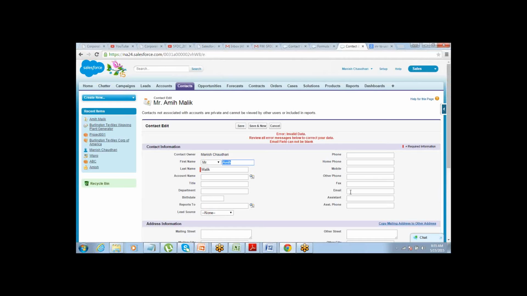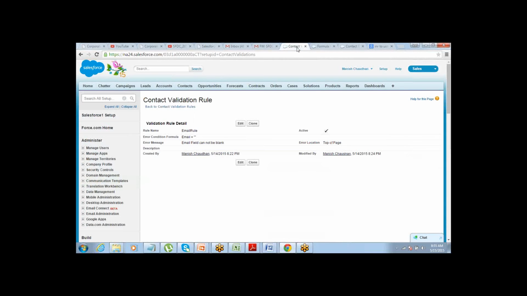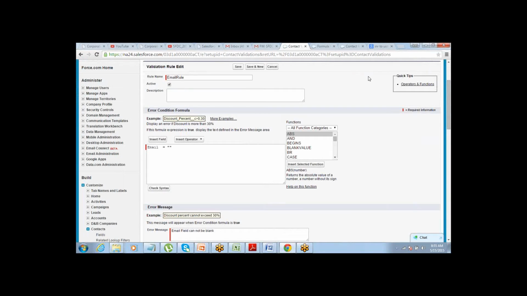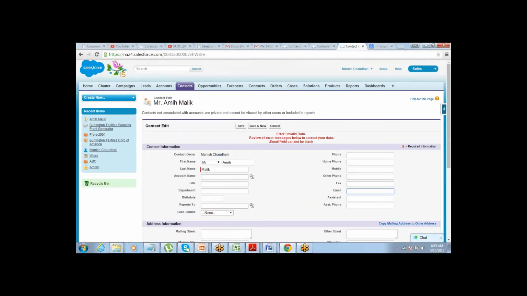Maybe that is not passing a null value here. By default the system is not passing a null value here. Null means no value at all, right? So maybe there is something which is being passed. In that case we can just change the expression and it works. So if email equals blank, throw error. It throws error: Email field cannot be blank.